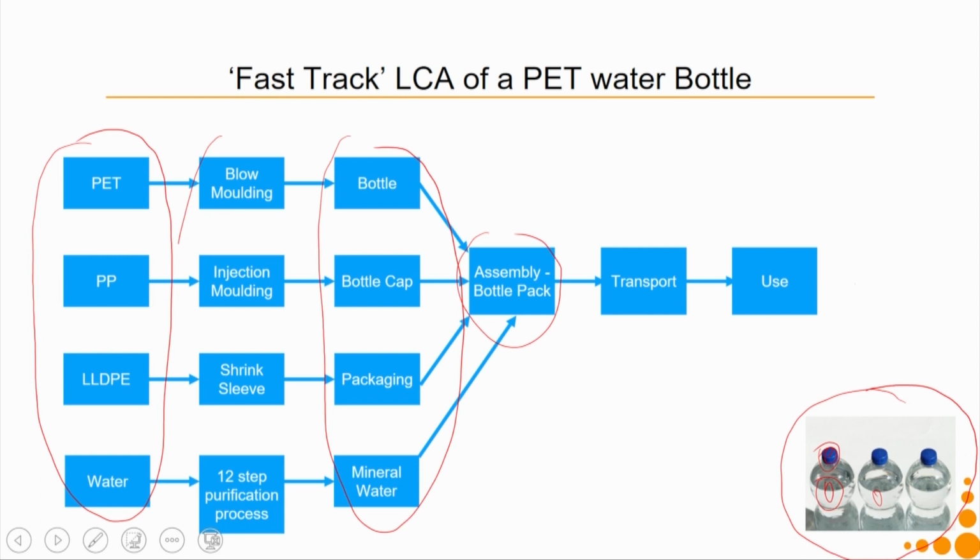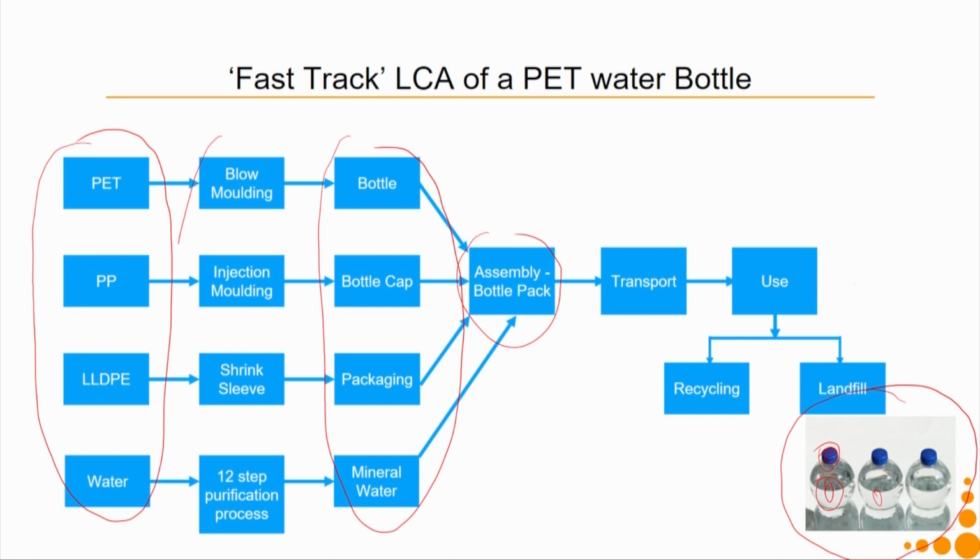In the use phase, there is a lot of energy consumption. There are also raw materials like coffee pods which might be consumed by the coffee machine. Then comes my last phase, which is the end of life, which might be either through recycling or landfilling in this particular context. There might be other contexts where it might go to an incinerator and so on. So, I have to decide at this phase whether I will be going for recycling or landfilling or incineration, or a part of each of them can be possible.